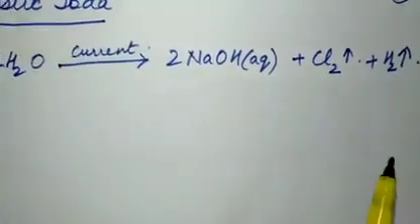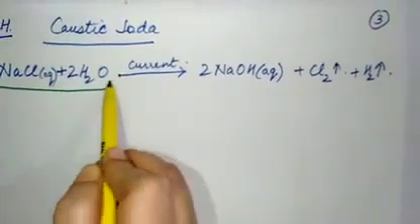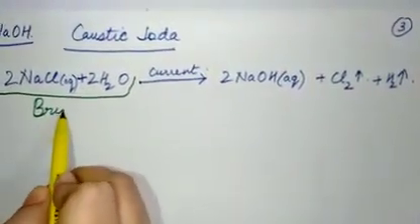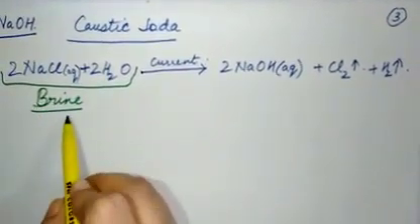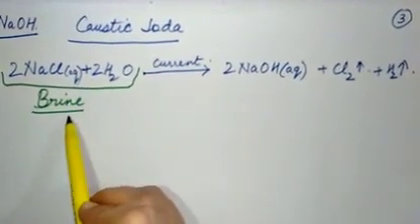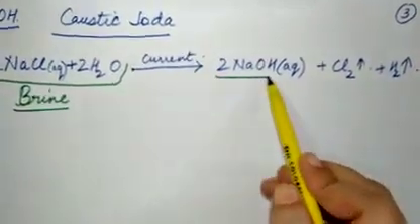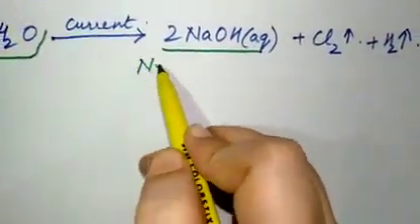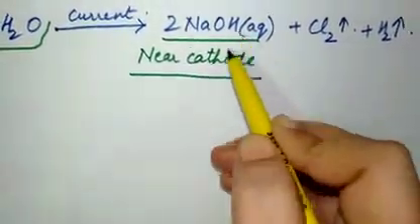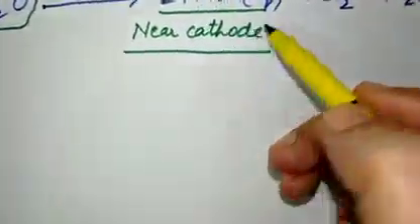This is the reaction. Now number one, what you should know is that the terms should be very clear to you, that sodium chloride solution, this is known as brine. Okay, you should know the terms very well. Brine means sodium chloride solution. This is aqueous solution of sodium chloride. When electric current is passed through this brine, then sodium hydroxide is formed near cathode. These all things are very important because they are asked as questions in exam, that where is the sodium hydroxide formed? So it is near the cathode.